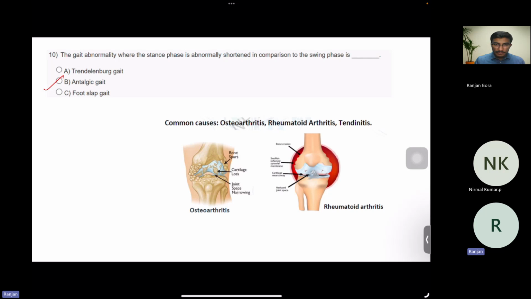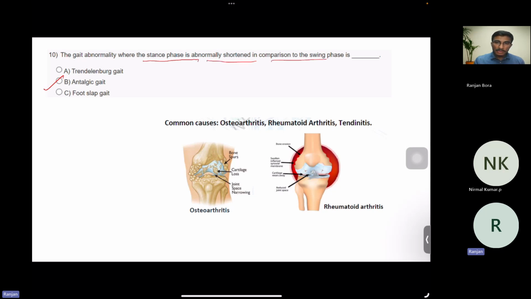In antalgic gait, what happens is because of osteoarthritis, there is pain in the hips and pain in the knee joint. So to compensate for the pain, the stance phase is shortened in comparison to the swing